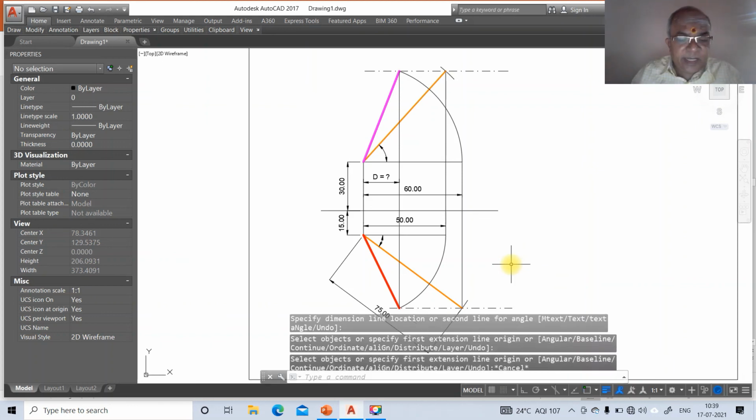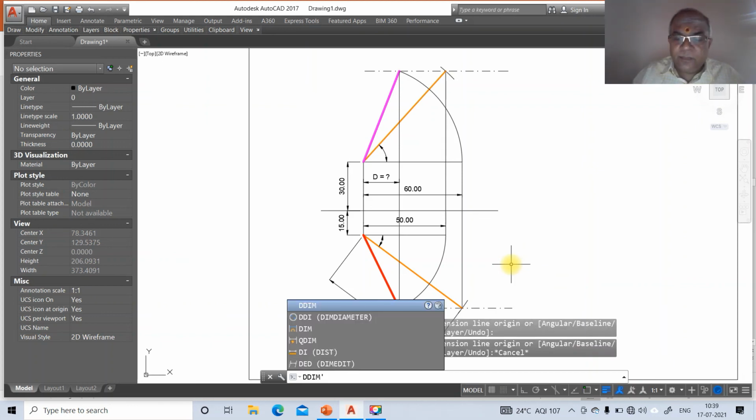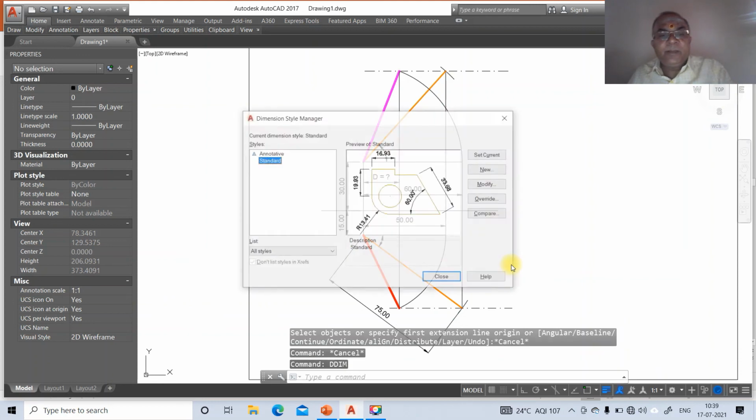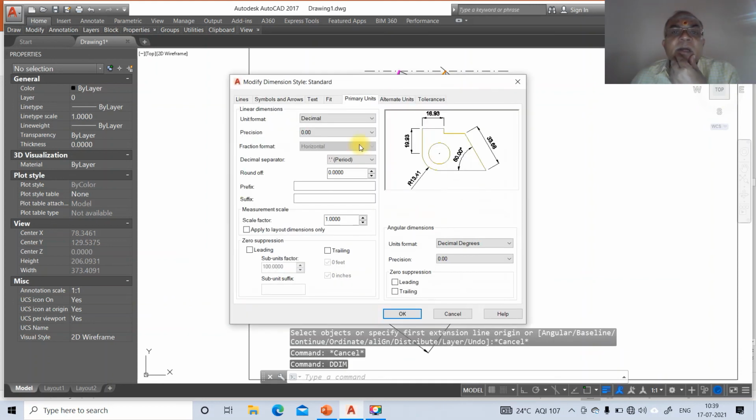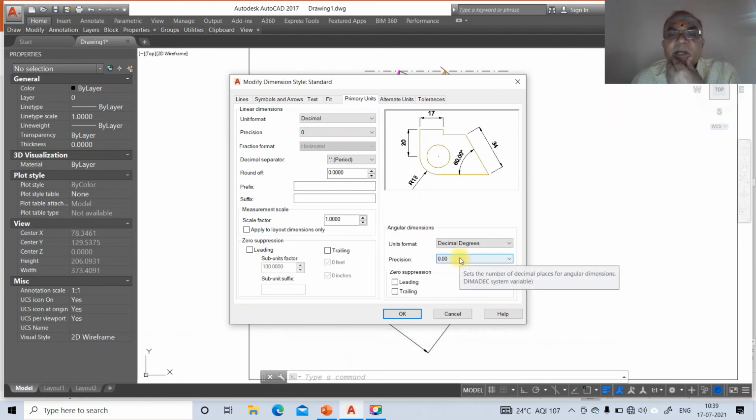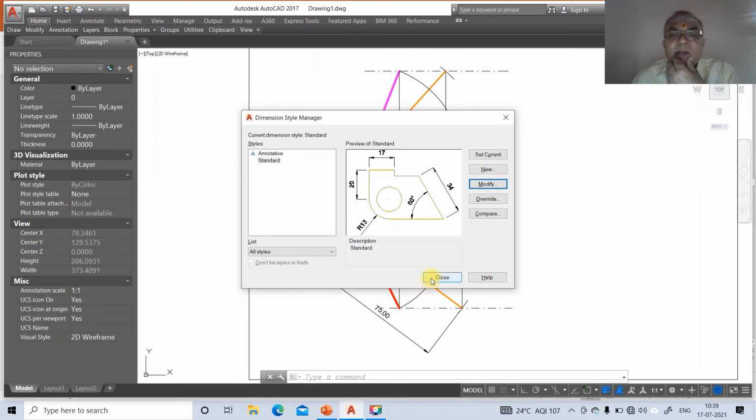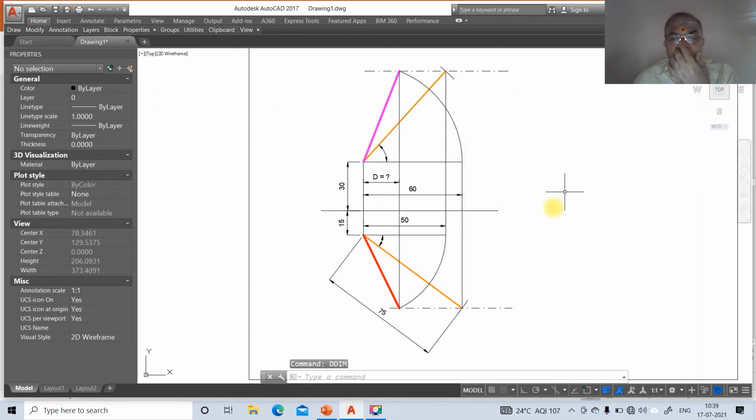Then go to DDIM. Go to DDIM and then modify and go to primary units, precision as 0, and the angular dimensions also as 0, and say OK and say close. Now we'll go for the D text. To do that, first we'll go for D